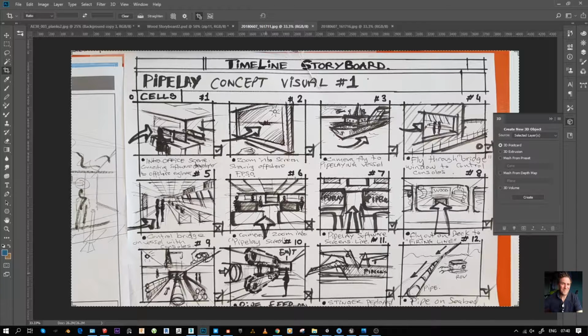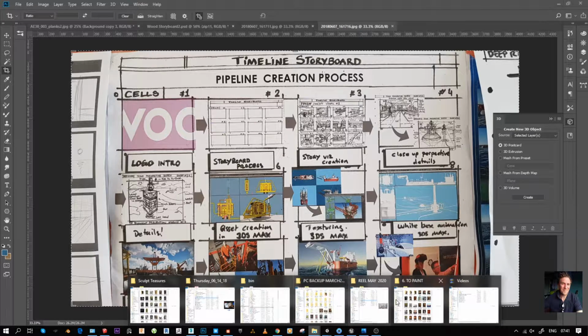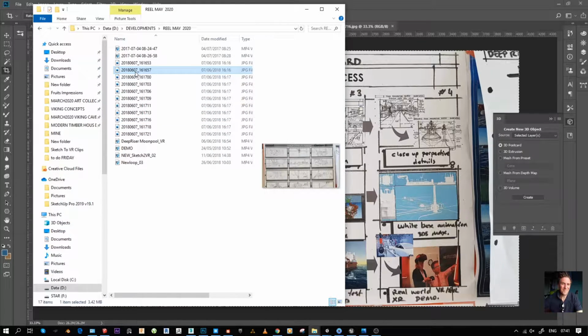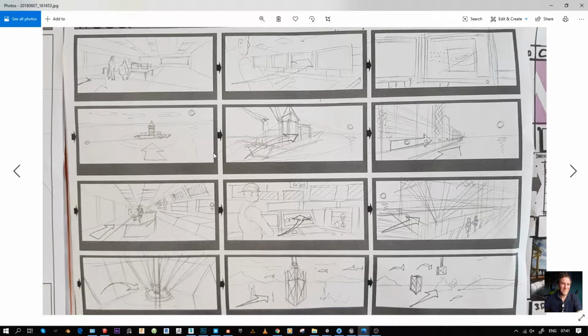So initially I would have spent 30 minutes sketching up very quickly this storyboard sketching, and I would follow up that sketching with, let me see if I can find this here. I would follow it up with, okay, that's very quick. That is concept sketching done on a Wacom tablet. That's done in Photoshop,